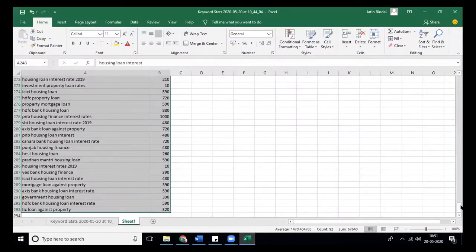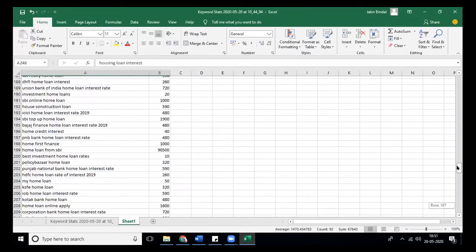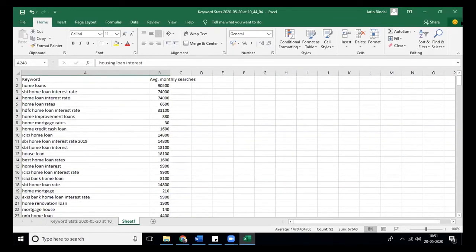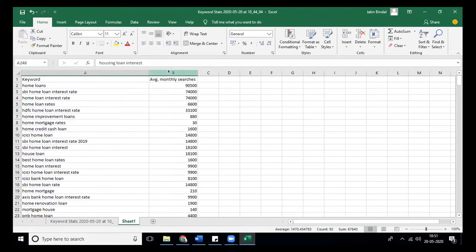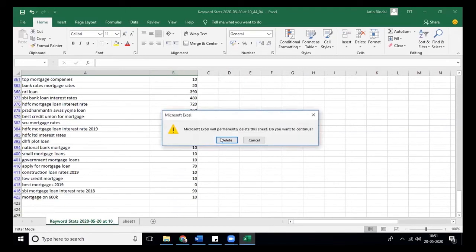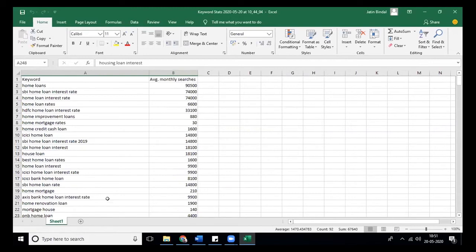So out of 450 keywords, we came down to some 200 keywords which might be relevant. Still, we have not identified whether they are really relevant or not. Let's delete the rest of the words. Now, here also, home mortgage loan is not a relevant keyword.